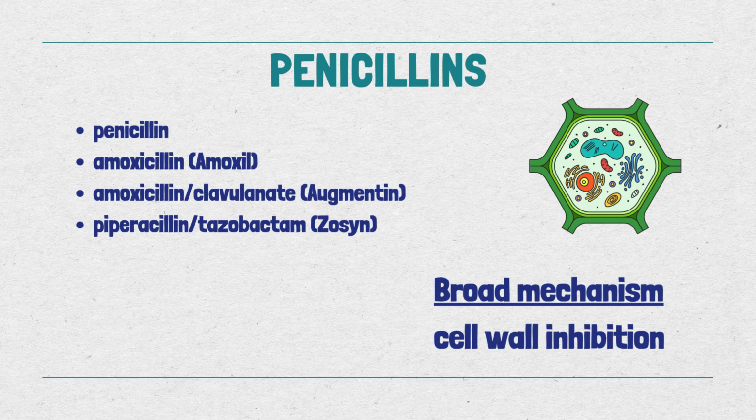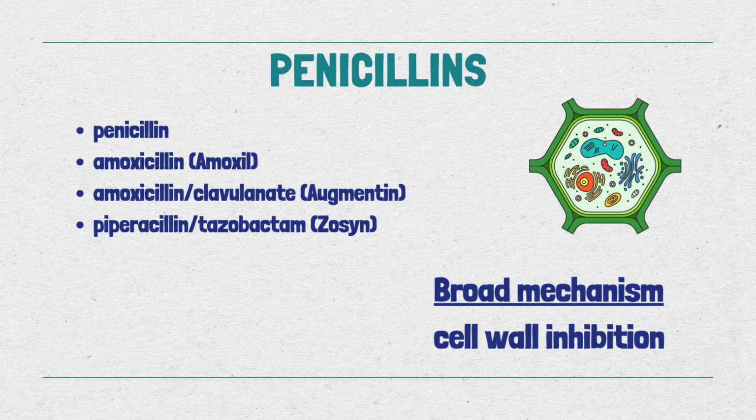So we have penicillin, amoxicillin or Amoxil. Then we have some combinations. We have amoxicillin clavulanate or Augmentin, and piperacillin tazobactam or Zosyn. So those combinations, that first word is the penicillin antibiotic, and the second word is those are beta-lactamase inhibitors, because